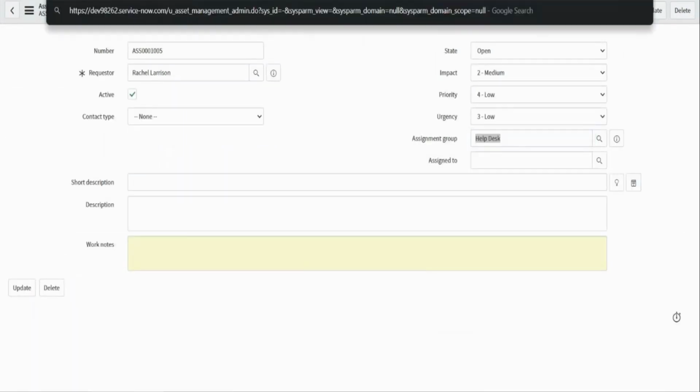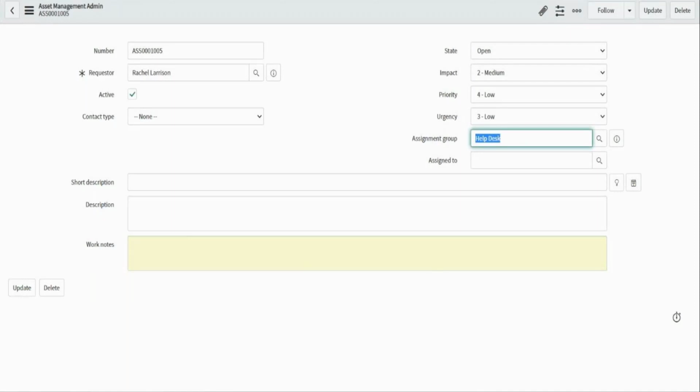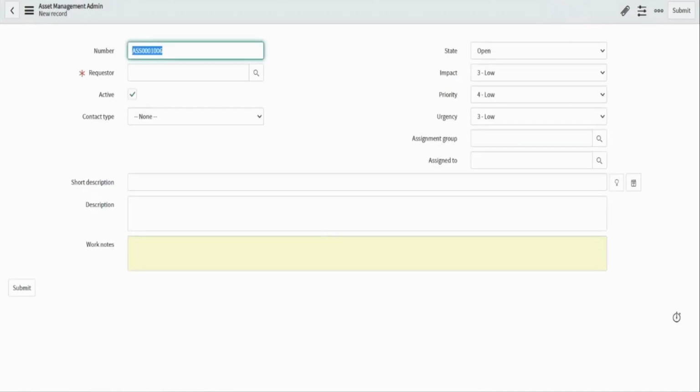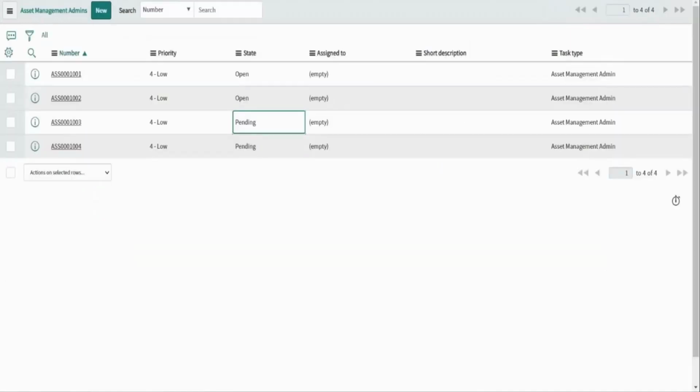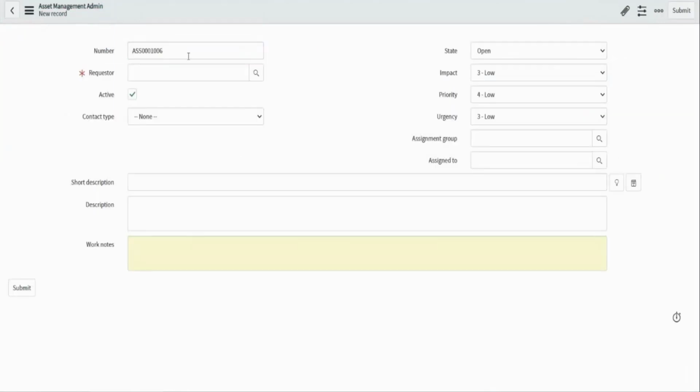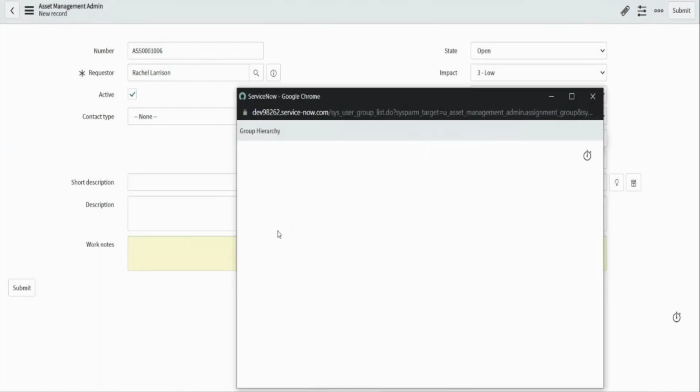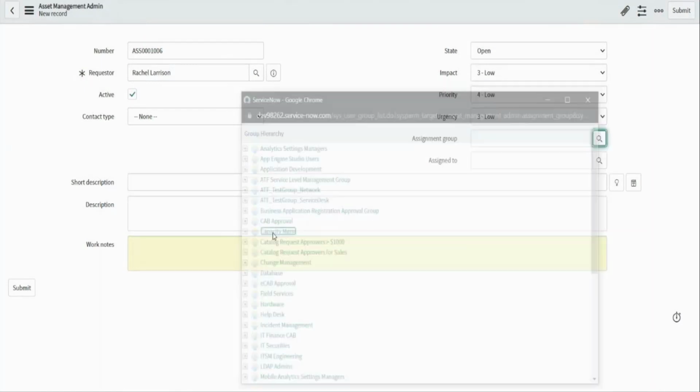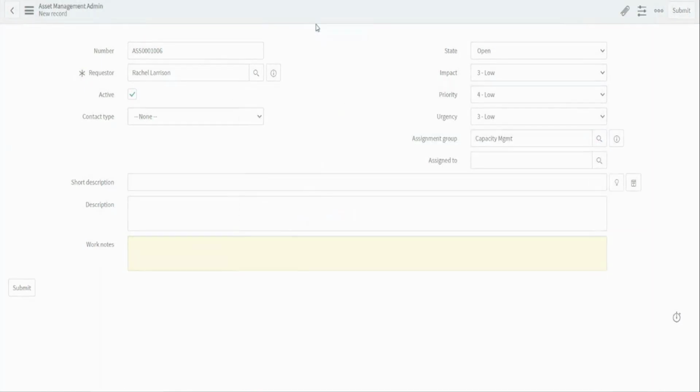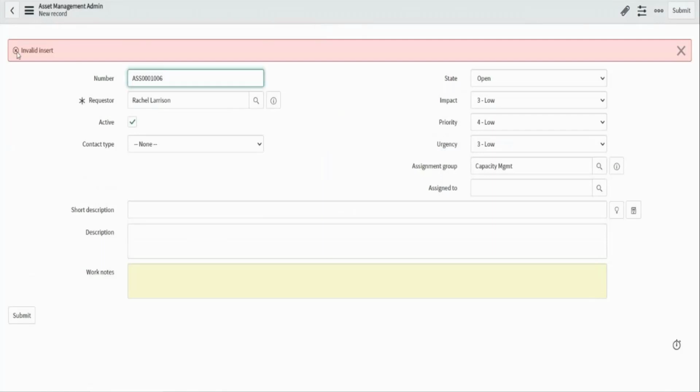The moment you say put -1, it is going to give you a new record from that table. Not necessarily all the time you have to go here and click new. Now, in our case we'll choose something else, not help desk. This we are going to choose. See, it's giving an invalid insert, right? But if I say help desk,